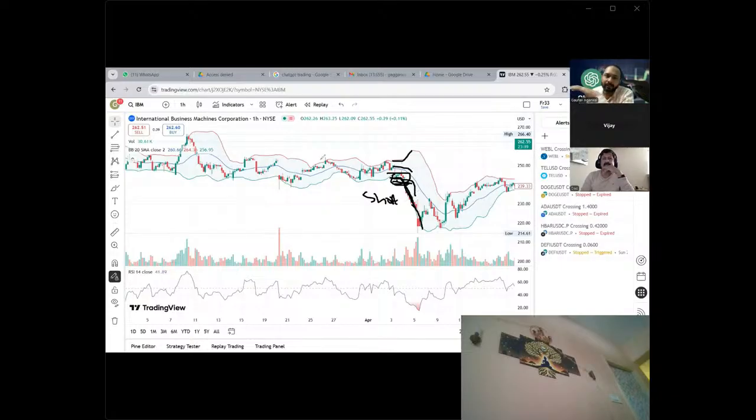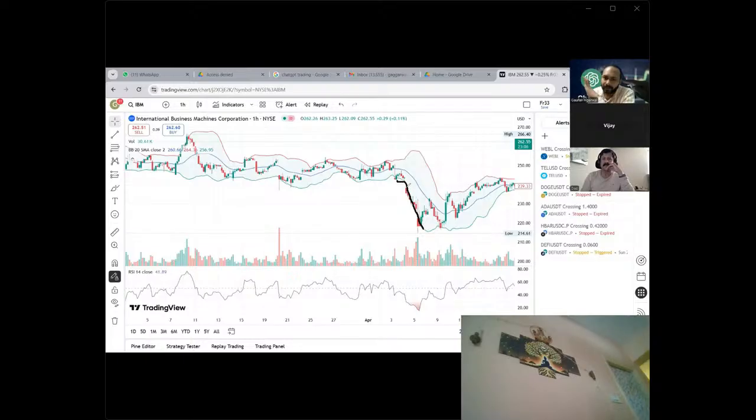Mostly, if you see, there will be a narrow band before it starts any uptrend or downtrend. If there is a narrow band, then you can think that after some time there has to be a breakout or a breakdown. On the left-hand side there is an upward break. The price will be moving with the band, right?